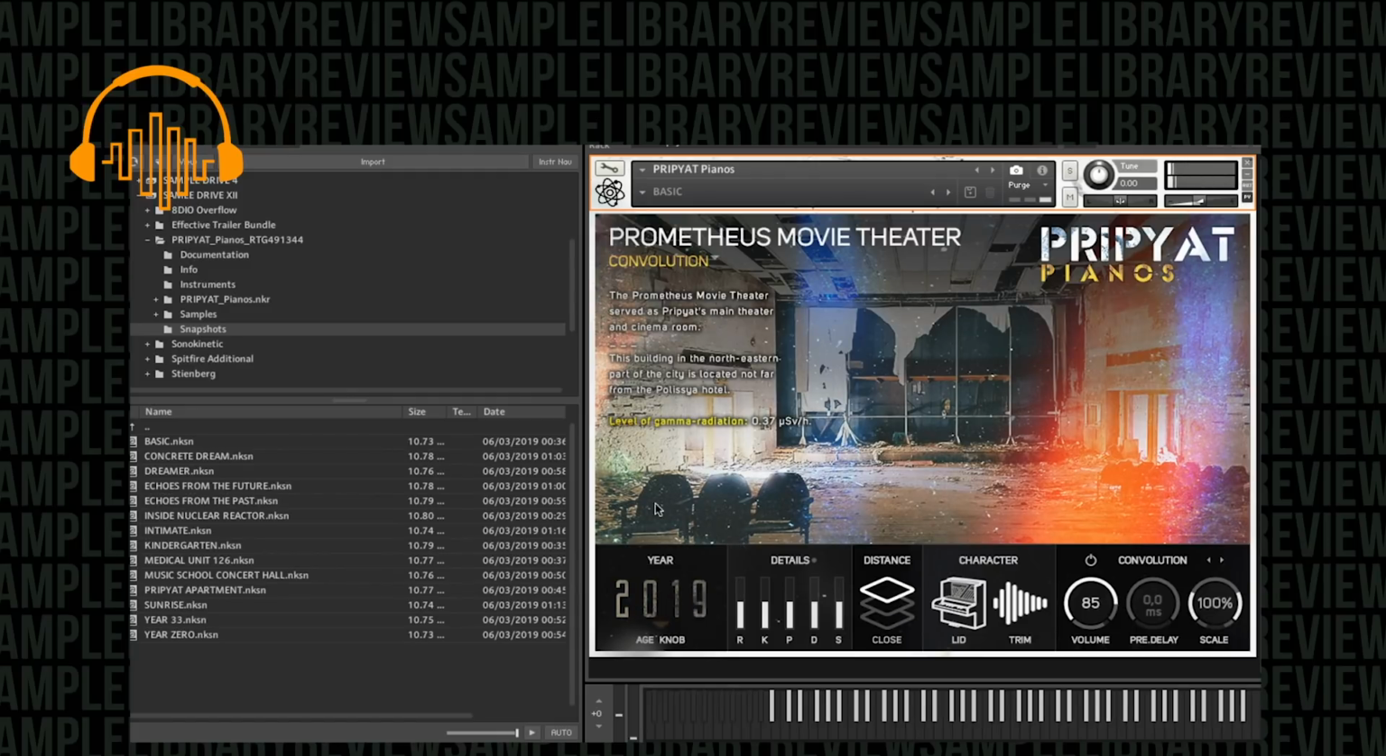So we've got the ear controls here, which age the sound. I'm sure that's an EQ kind of thing. And then we've got distance for mics. Then we've got release key controls. And then we've got pedal sounds. I'm not getting much pedal sound there. Then we've got damper controls